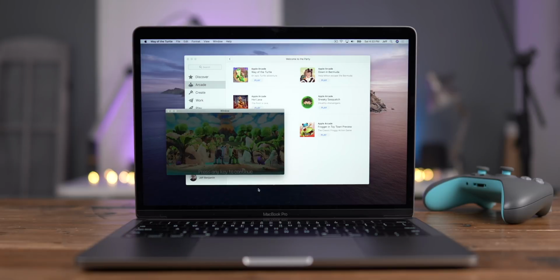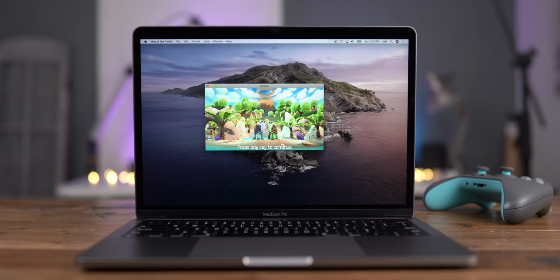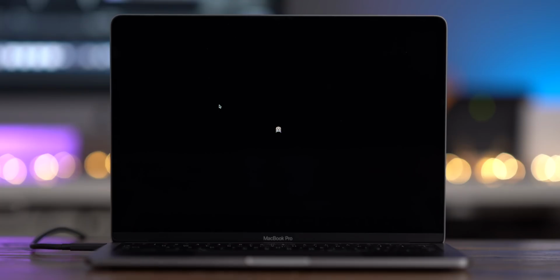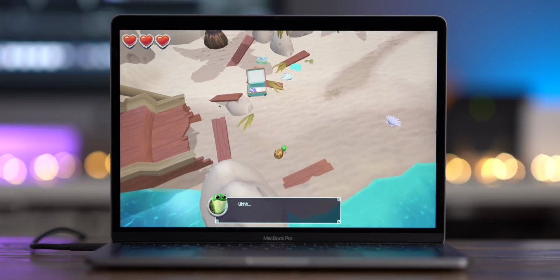All right, so we've loaded up the first game, Way of the Turtle. You can see it's running in a little windowed screen there. You could play it like that if you wanted to, but we're gonna maximize it to fill up the whole screen to take up all of that resolution on our MacBook Pro. So here we go. This is what Way of the Turtle looks like. You can see